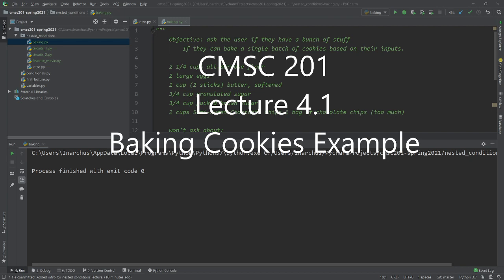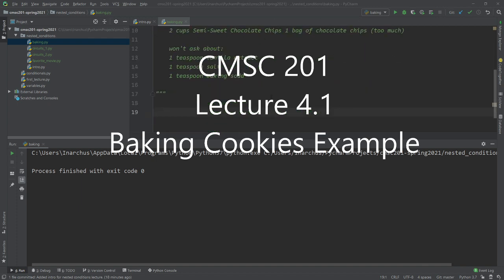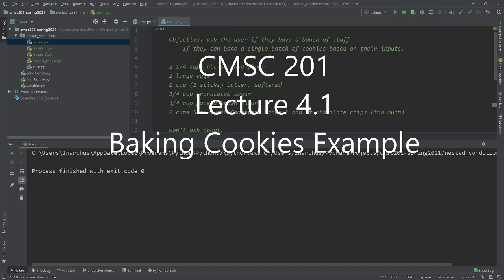This is lecture 4.1, which is the baking cookies example. At this point, you should have already watched lecture 4.0, which is the introduction to nesting of if statements. Remember that all nesting of if statements means is sticking one if statement inside of another if statement. So let's do that in this example where we check the recipe for the Toll House chocolate